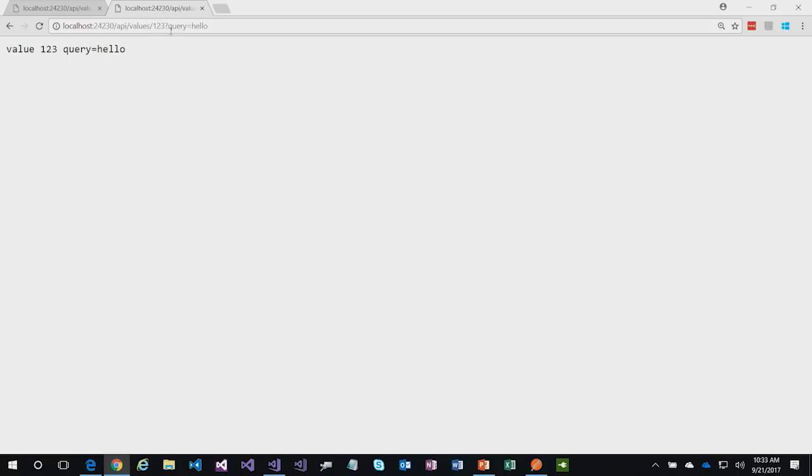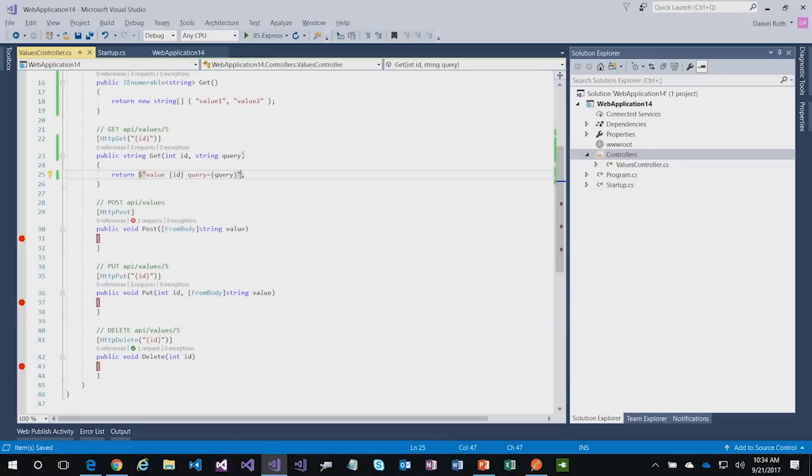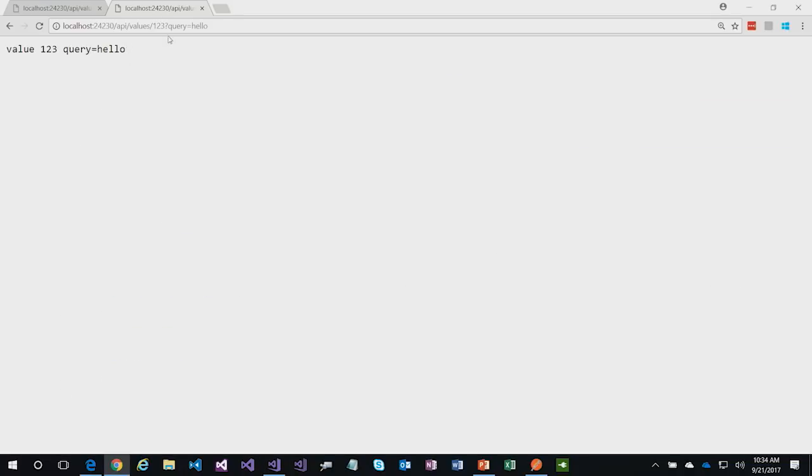Okay, what if I really wanted that ID to actually come from the query string? Well, I could control that. I could go in here and put a from query attribute on the ID. And now when we run this,